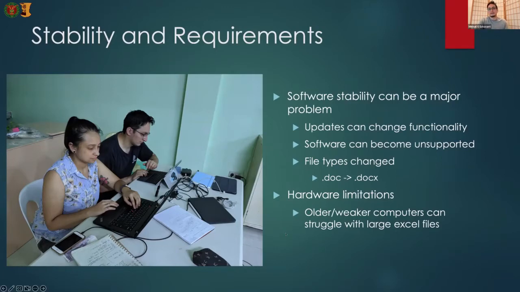And then again, hardware limitations. I know that my computers in the past have struggled with large Excel files. With Pandas, it's not only very quick and more efficient with larger data sets, but it's also very good at chunking. So you can take a chunk of a data set, work with that, and then take the next chunk, work with that without any slowdown. So it's just making it easier to do things with less.